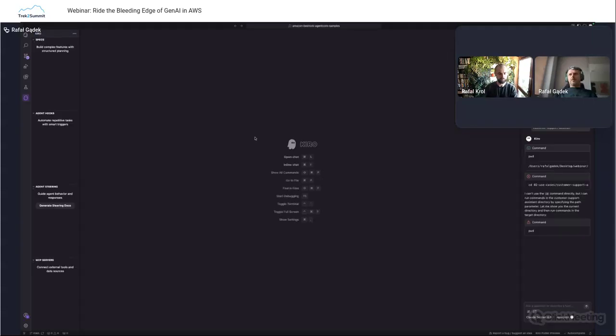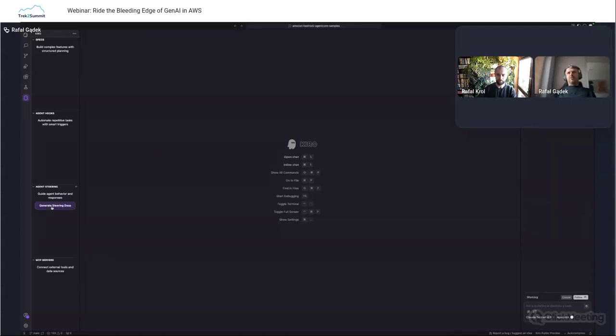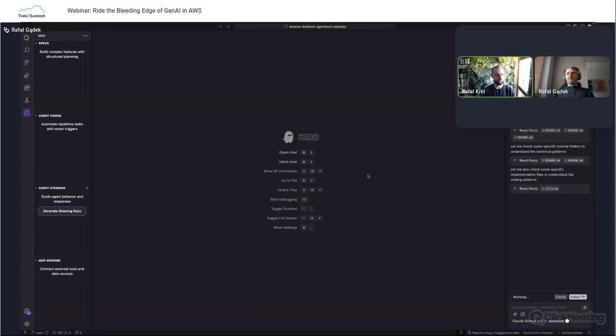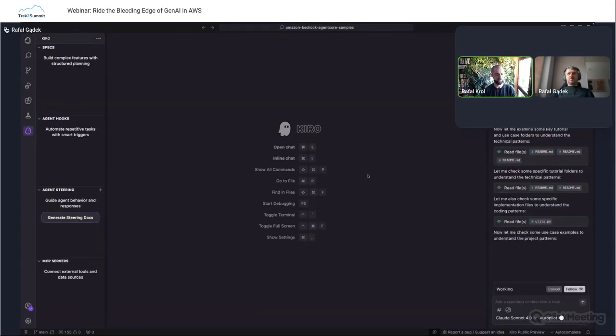Yeah. And just like that, we can generate some of that steering docs using Claude Sonnet 4, which is the strongest model from Anthropic. Raf, if you could maybe give it a command plus. Ah, thanks. So thanks for that. Awesome, thank you. Yeah, and on the right-hand side, we can see as